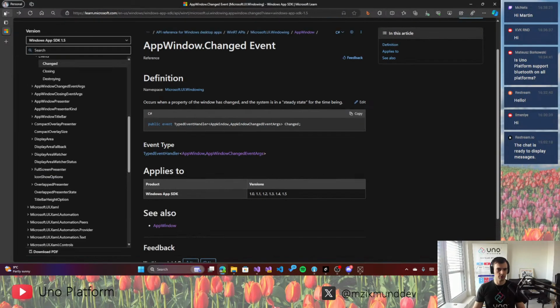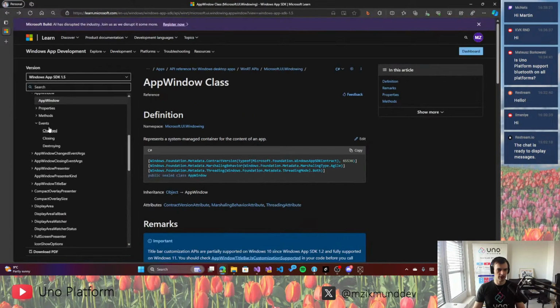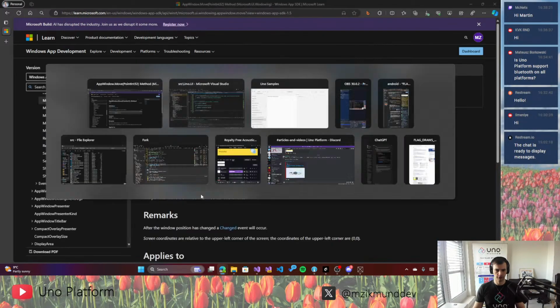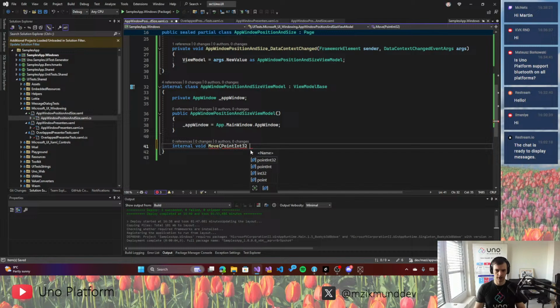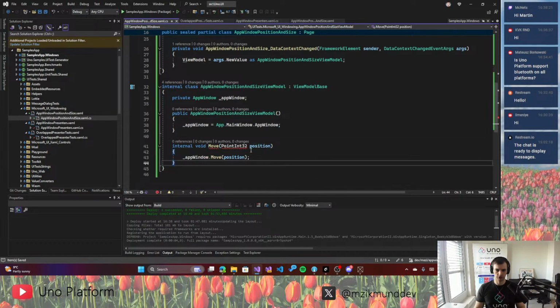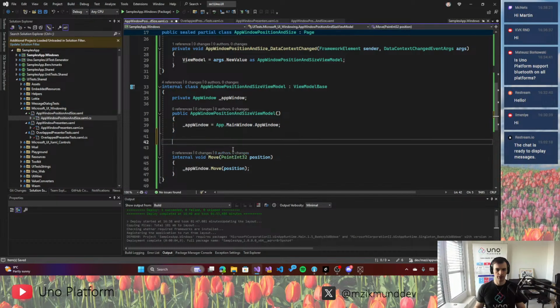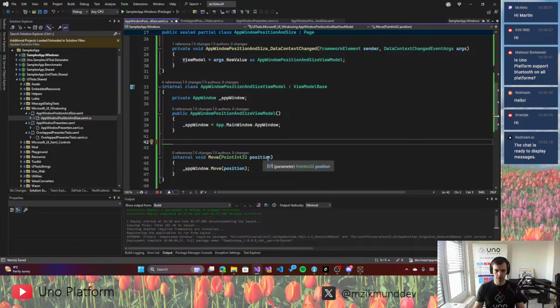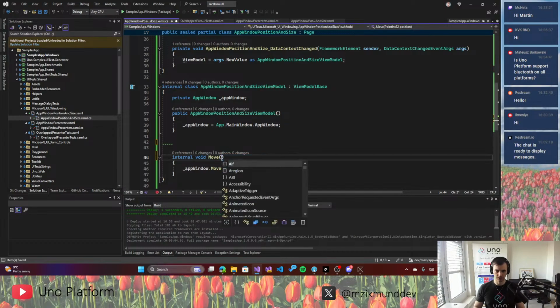There is a Move method which takes in a PointInt32 parameter, and that sets the position of the app window. So something like this, but the parameter here, we would like to have something to get the position from. So instead of a parameter, let's create